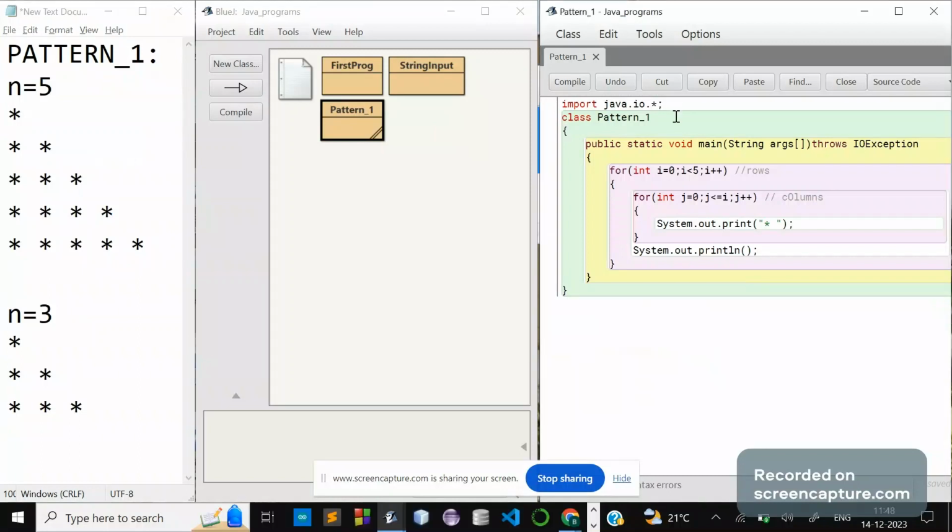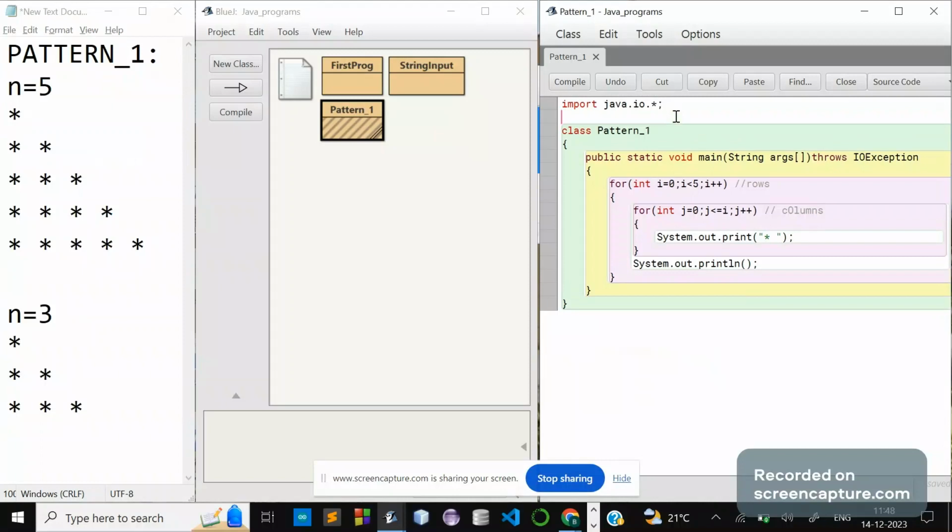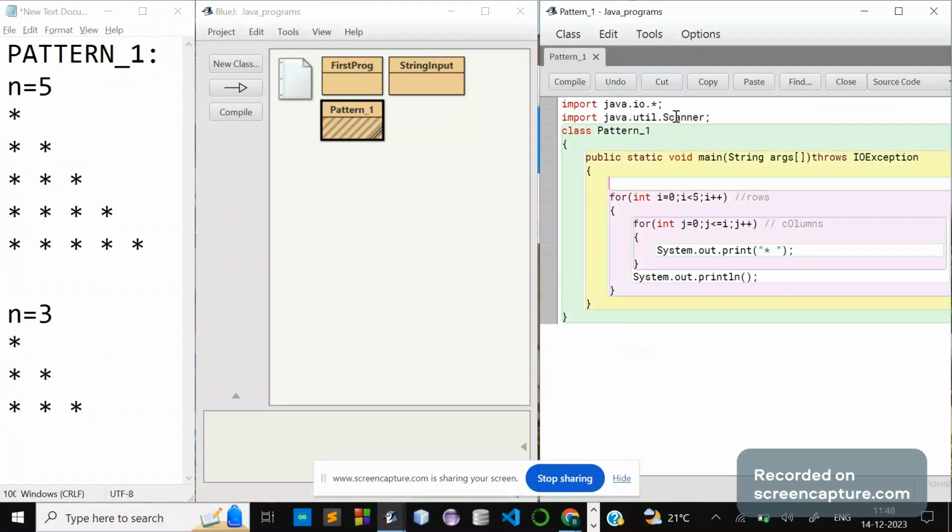So for that I will simply write, using the Scanner class, import java.util.Scanner; Now Scanner sc equals new Scanner(System.in)